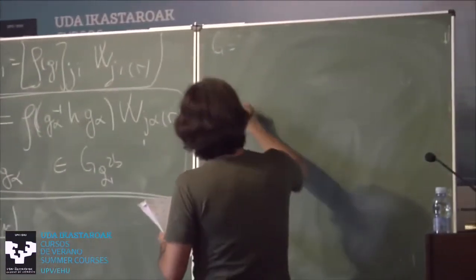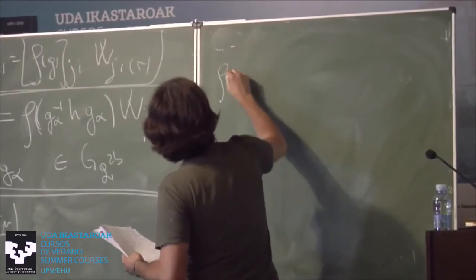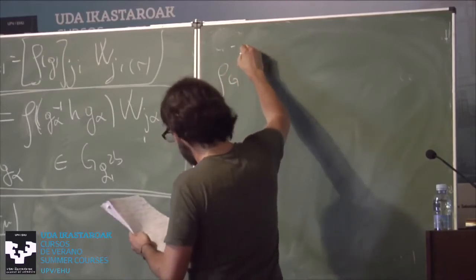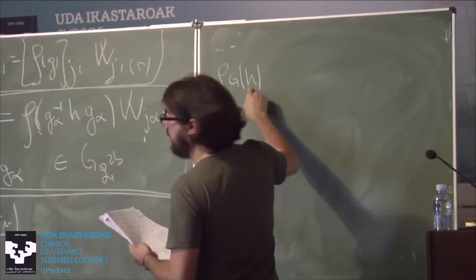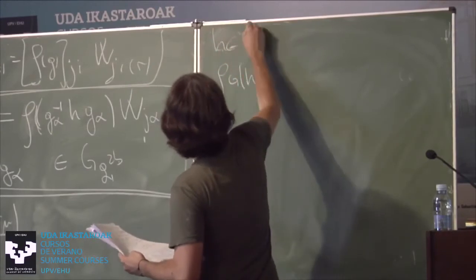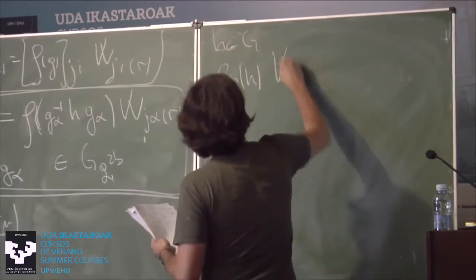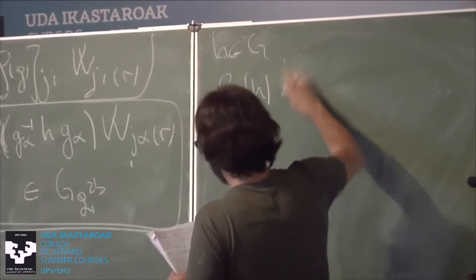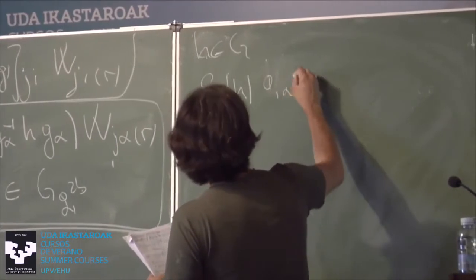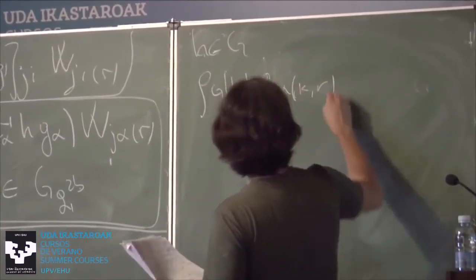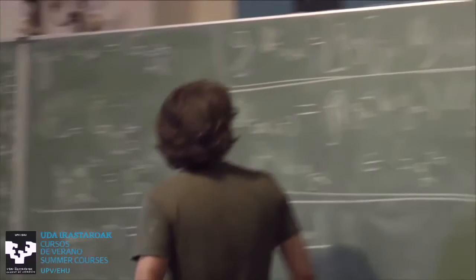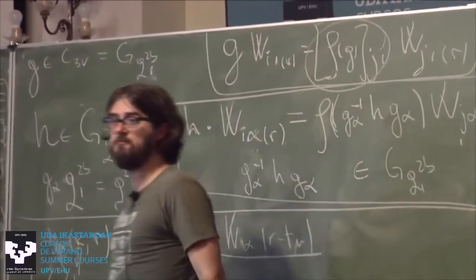Okay, so what I need to find is the representation. I call it a representation of G, because I've induced it into the full space group, of the element H, which belongs to G. G is the full space group, times this base, A, I, alpha, K, and R. Okay, this is what I need to find. Now, I need to find the expression of this matrix, knowing the expression of this matrix.